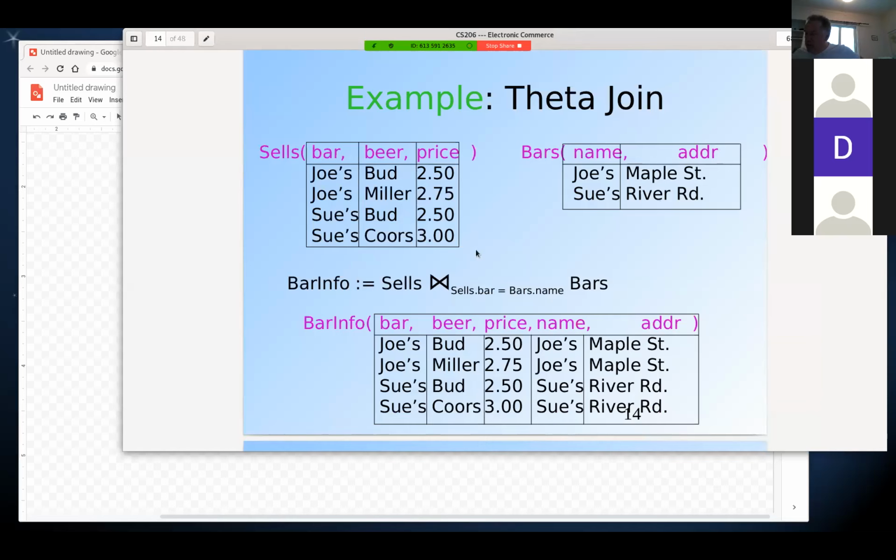So basically what we have here is bars, beers, and prices, and then we have bars. What we do here is we say we want bar info. What bar info is going to mean here is the bar, and then inside the bar it's going to have the beer and the price for that beer, and of course the name of the bar and the address of the bar. So to build up a table like this, you could do this with